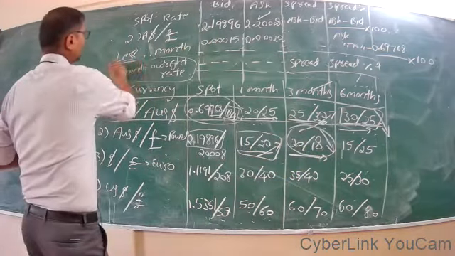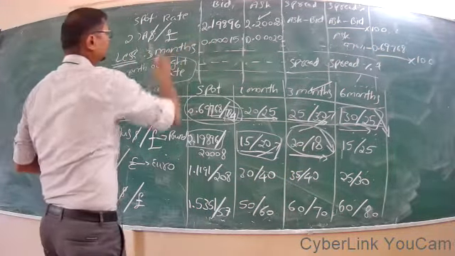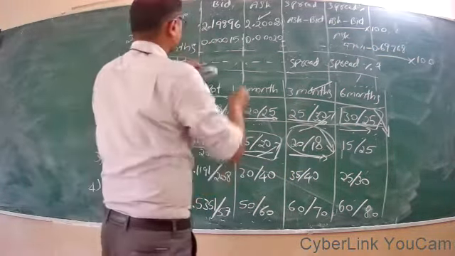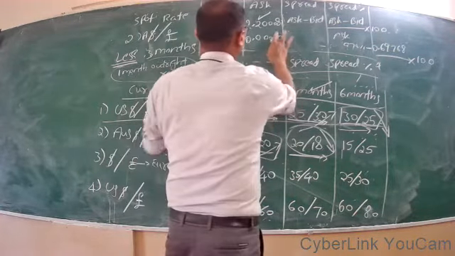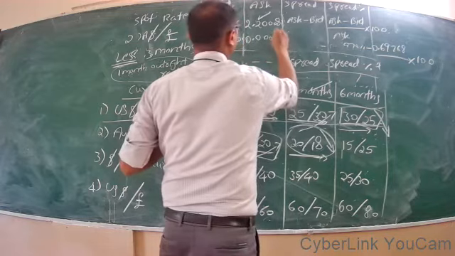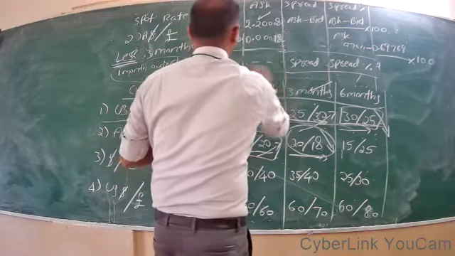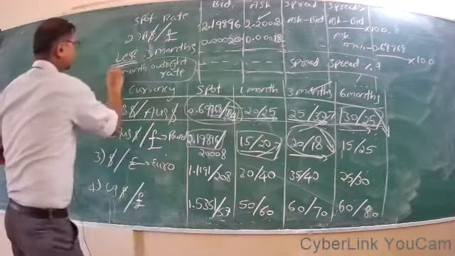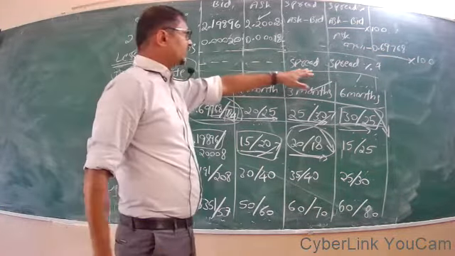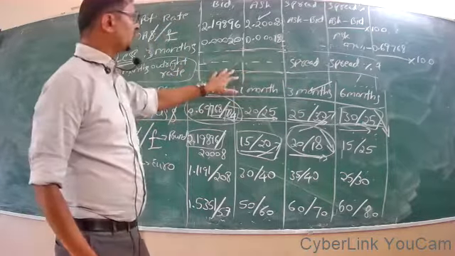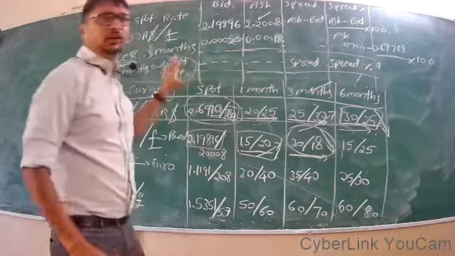You have to deduct 0.00020 oblique 0.00018. So this is your 3 months outright rate. Again, you have to calculate spread for the 3 months outright rate,